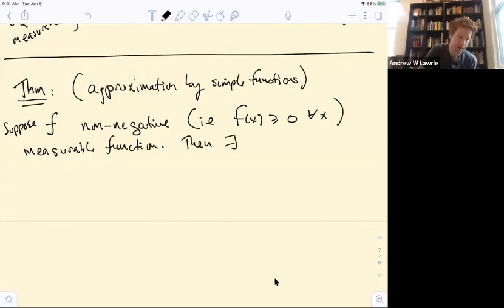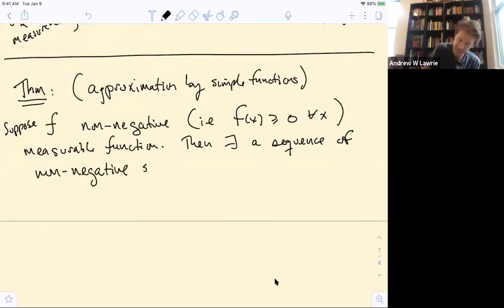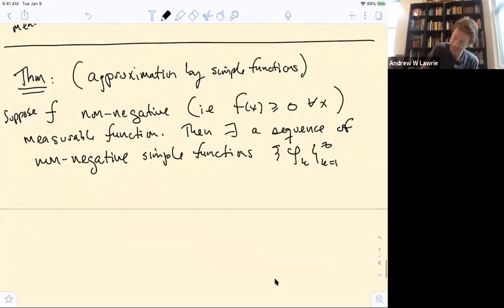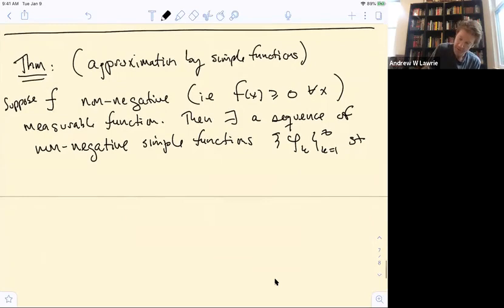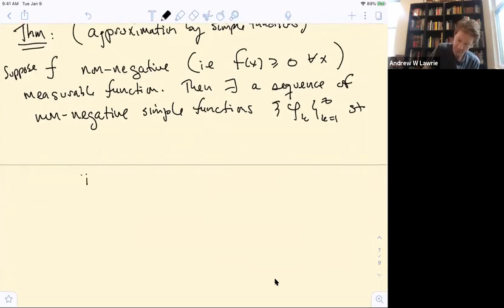Then there exists a sequence of non-negative simple functions, I'll call them phi k, such that